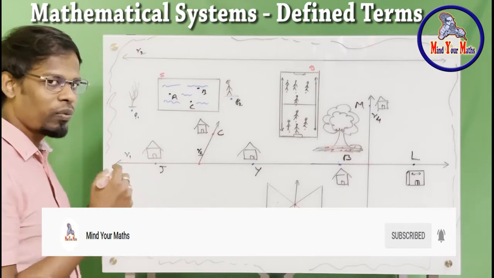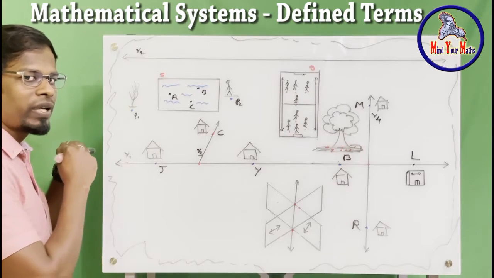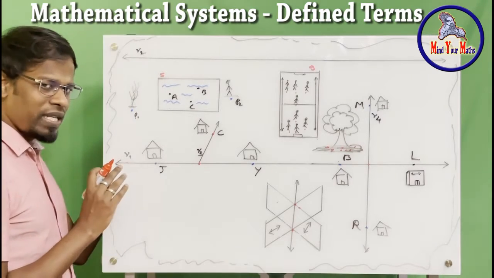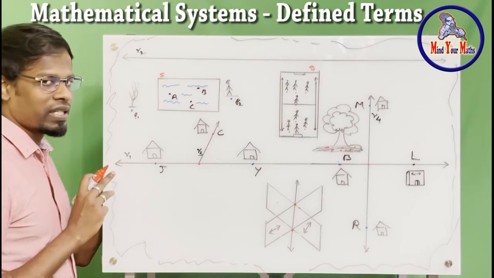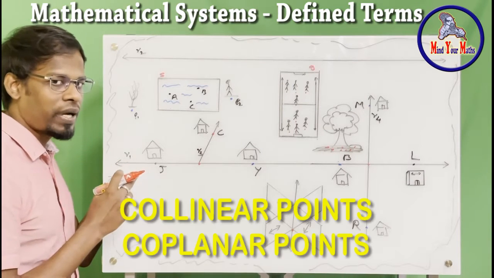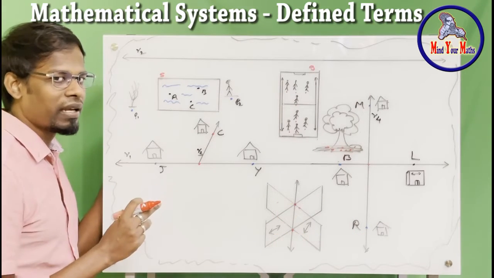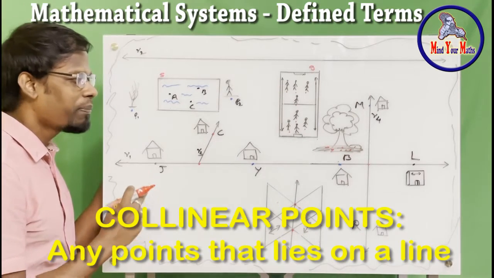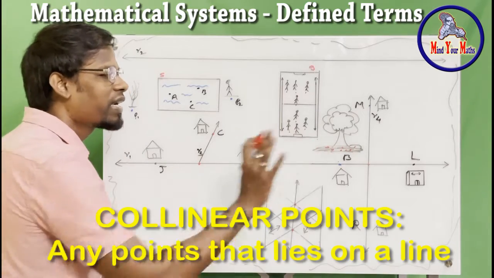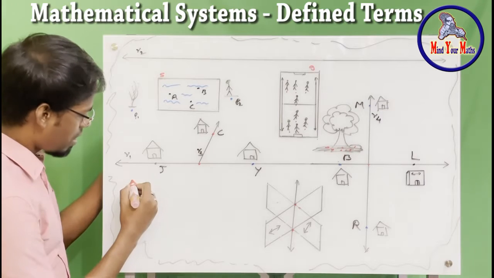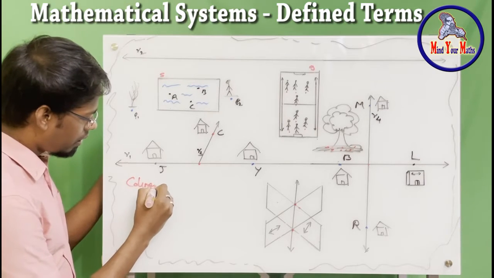From the points, what can we define? There are two types of points: collinear points and coplanar points. What does it mean? Collinear points means any points that lie on a straight line. That is a collinear point. So let me write it down. Collinear